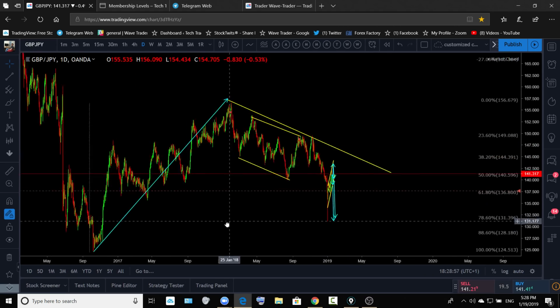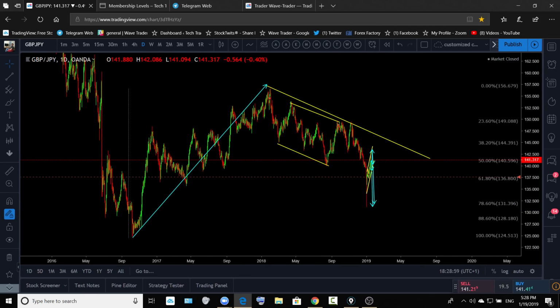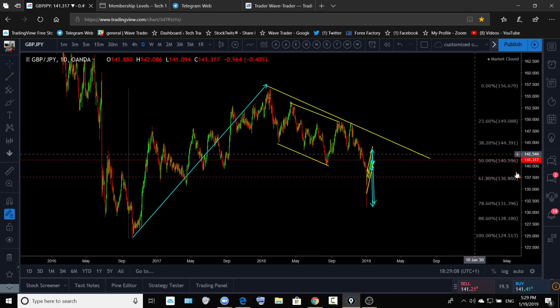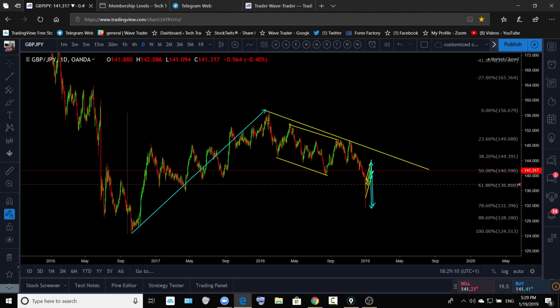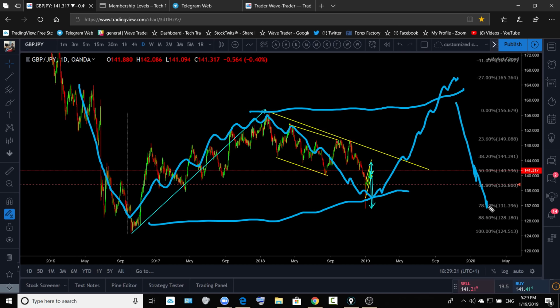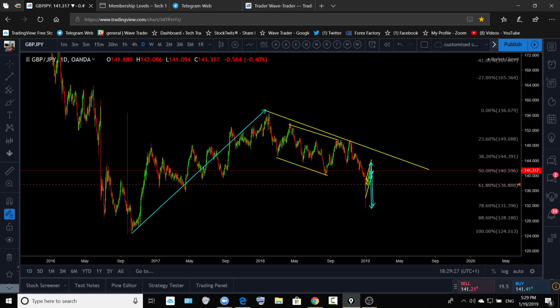Longer term, you guys know that we are looking for the pound yen to do this, a bigger ABC move. It's the same pattern which I have just shown you on the dollar yen. You got the strong move, you got the A, B, and C longer term. So we'll see either after this pattern one more drop, or this is going to take a longer term rise after forming a double bottom.